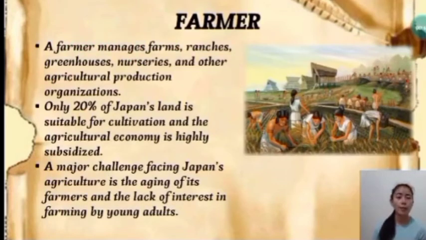Farmer. A farmer manages farms, ranches, greenhouses, nurseries, and other agricultural production organizations. Only 20% of Japan's land is suitable for cultivation, and the agricultural economy is highly subsidized. A major challenge facing Japan's agriculture is the aging of its farmers and the lack of interest in farming by